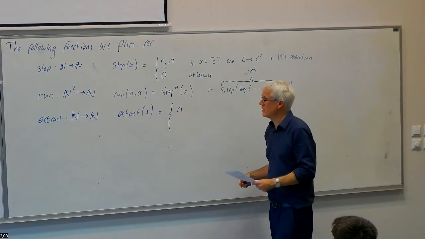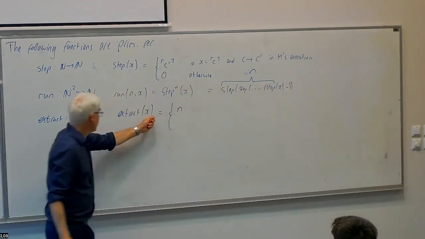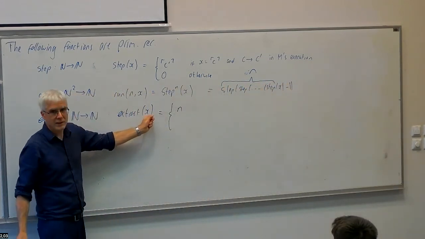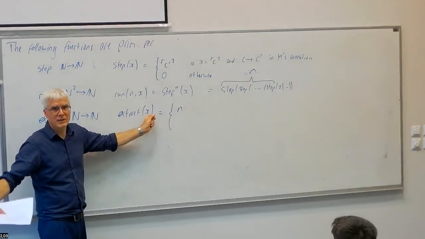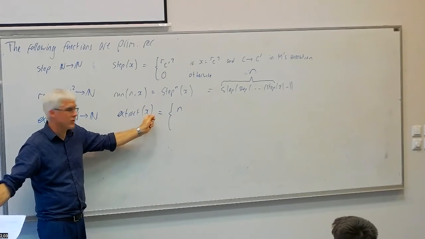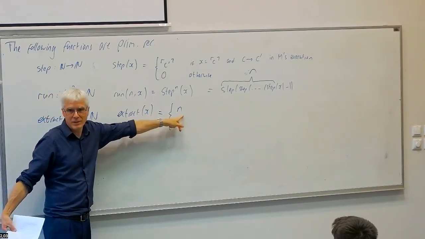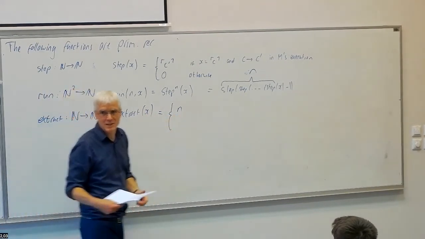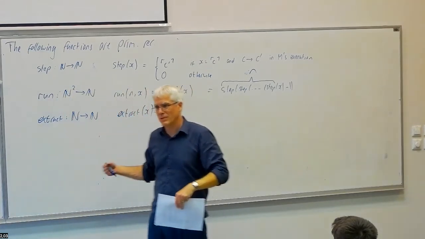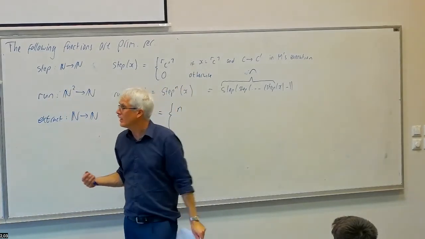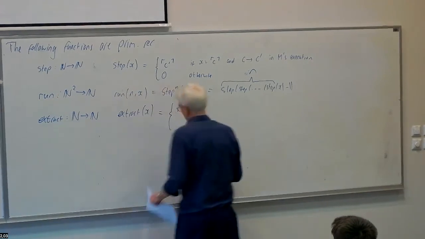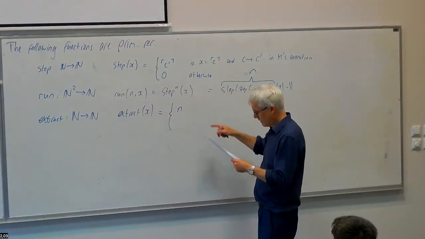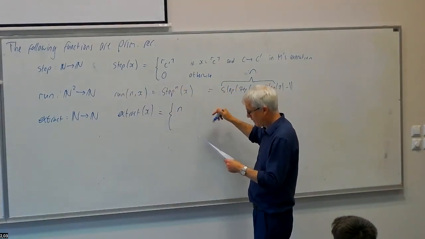So the point of extract is if we give x the encoding of a halt configuration that has a binary representation of a number on the string, extract will return the number that's represented on the string. So the idea is at the end of running the Turing machine, we're going to have a binary encoding of the result of applying f to some arguments, and we want to get that number back. So we want to return n here if